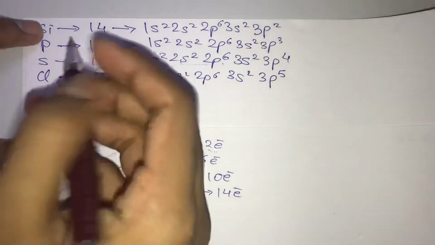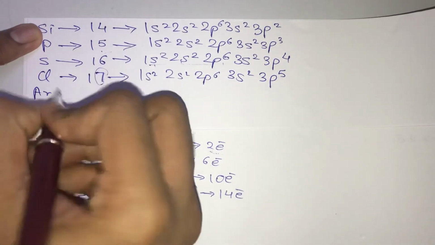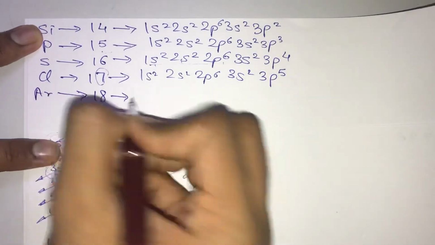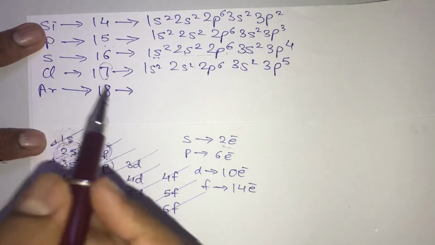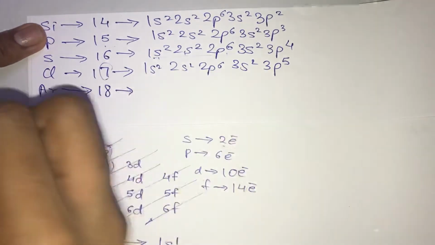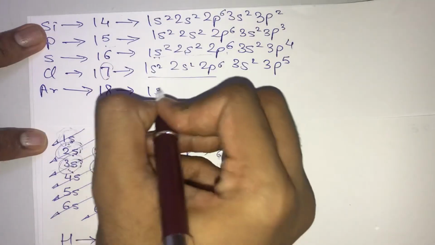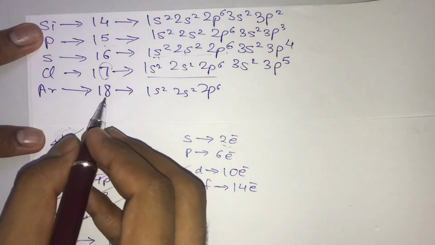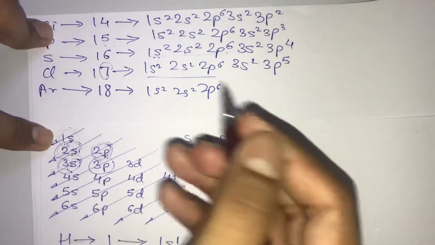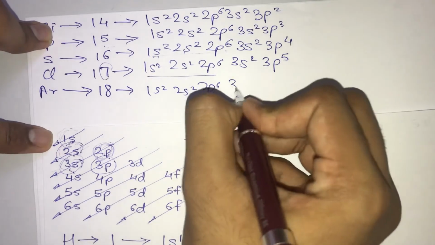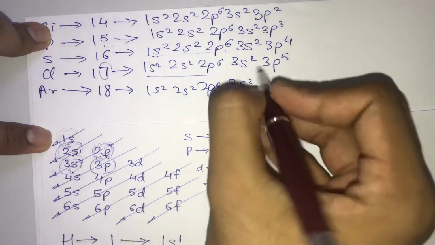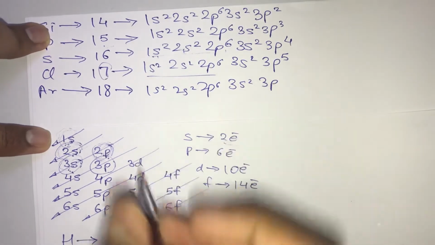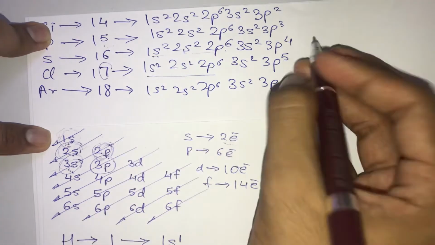Let's move on to the third inert gas, argon, whose atomic number is obviously 18. What is the electron configuration of argon? It is obviously 1s first. I told you, you have to blindly copy 1s2, 2s2, 2p6 for the first 10. Then we are left with the next 8 electrons. After 2p comes 3s, so you write 3s2. After 3s comes 3p. This 3p can take a maximum of 6 electrons, and if you calculate, we have 6 more electrons to go.